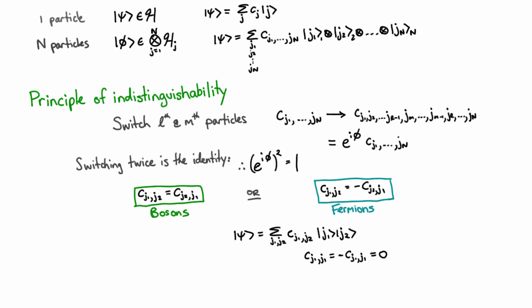Now this doesn't apply for bosons, of course, because you don't have that minus sign there. Without that minus sign, our argument that this equals 0 falls apart, and indeed bosons can be in the same state. In fact, you might have heard that bosons like being in the same state. But in order to understand that, we have to look at some dynamics.